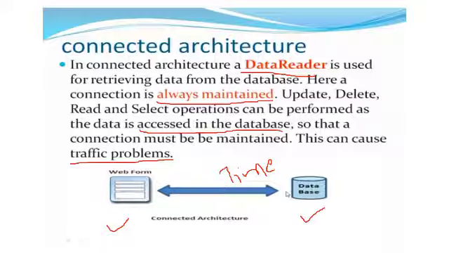Why? Because we are directly connected to the main database. Connected architecture is not that successful, because we need to do transactions in a matter of seconds, milliseconds. In today's demand, we need to do everything in a bit of seconds. So if we are always connected to the main database, it will create problems. Accessing the database for a short while is okay, but doing any manipulation directly on the main database is a very unsecured environment.